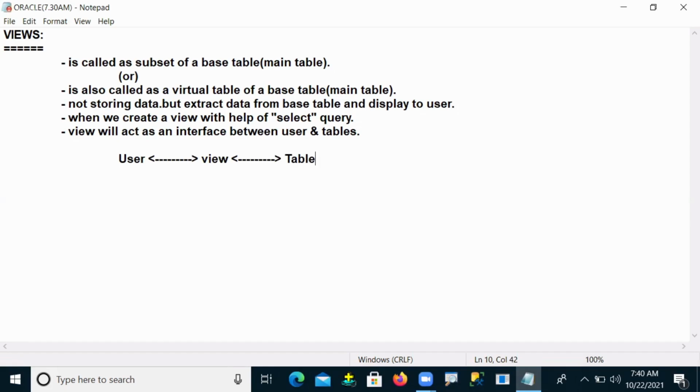As per the user request, the view goes to the table, takes the necessary and required data from your base table, and later sends it to the user. So it's like a mediator between users and the original table, otherwise the main tables.